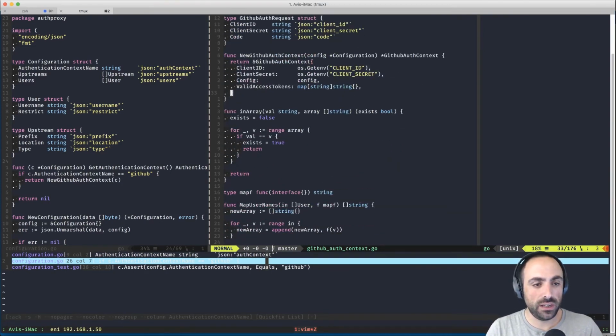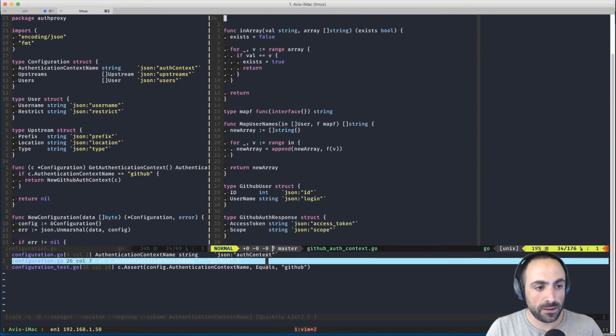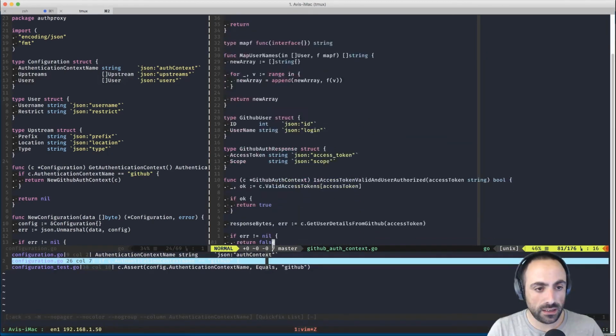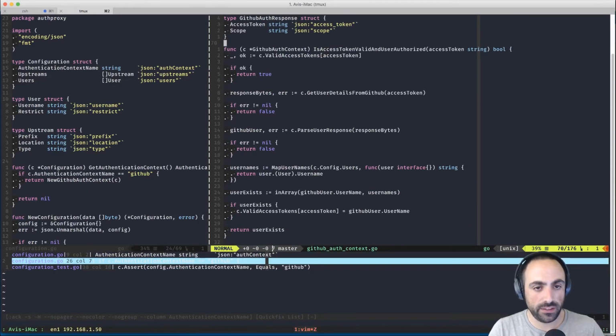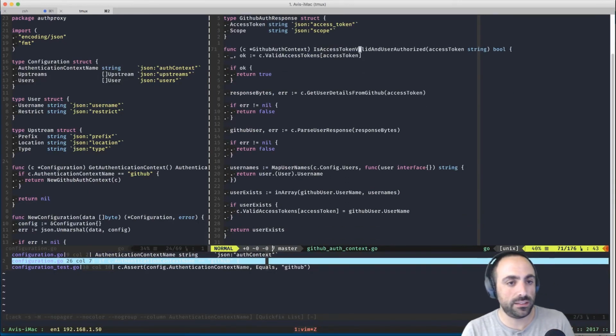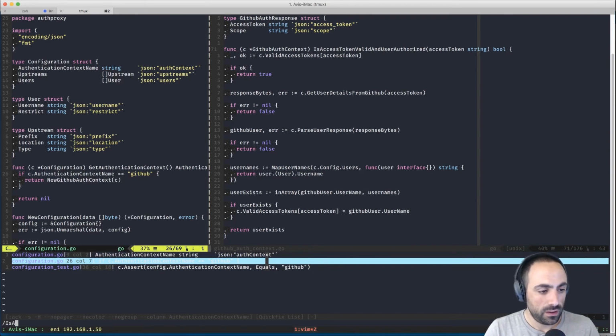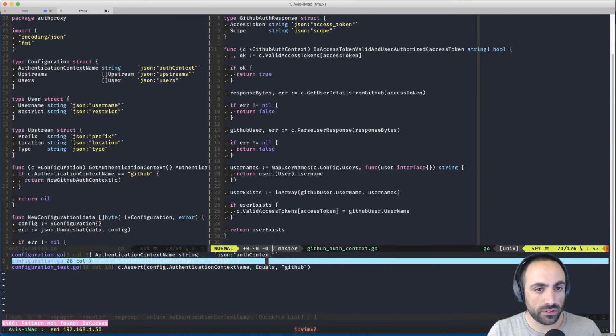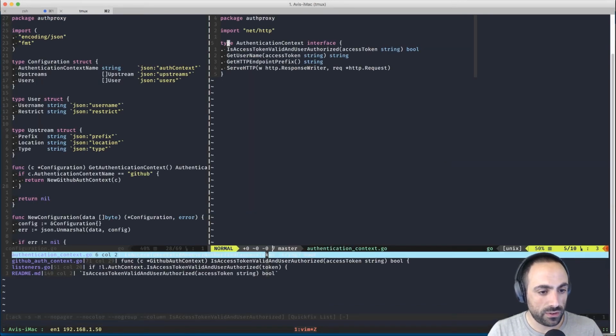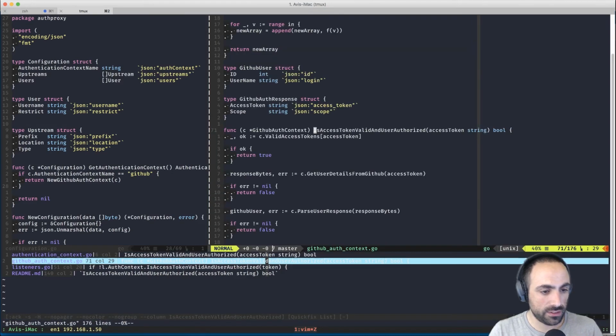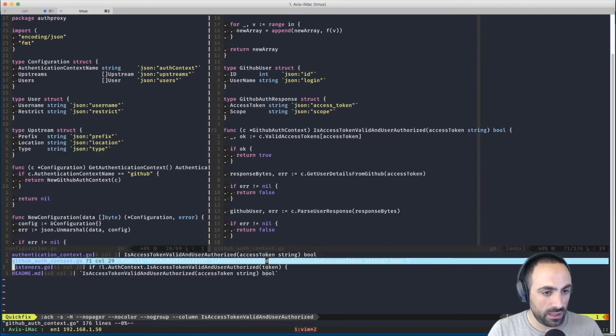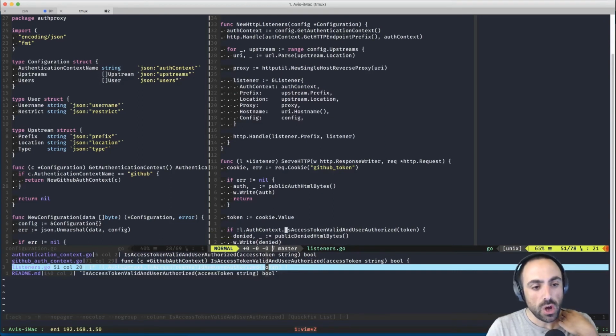Okay, so here we have a GitHub authentication context. We have the is access token valid check. Where is this being called? All right, this is in authentication context, in GitHub auth context, and in listeners.